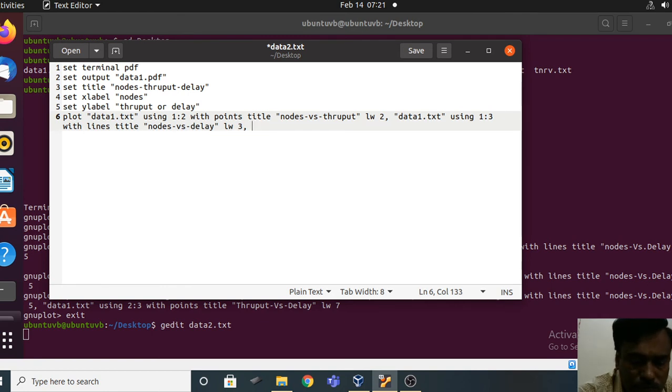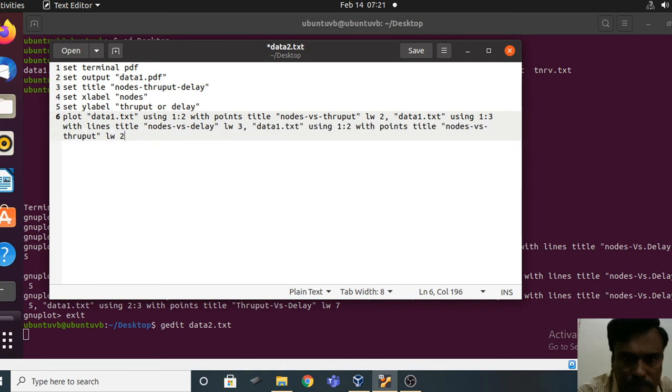and you also wanted to draw throughput versus delay, so then Control V. Using the same graph, you know that the first column is the number of nodes, the second column is throughput, and the third column is delay.